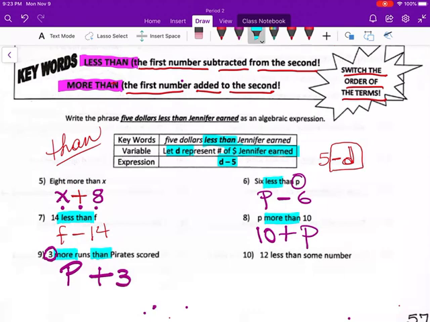Okay, and the last one right here. 12 less than some number. So again, less. We're going to write the keyword, and we write backwards. 12 less than some number. We call it n, x, whatever variable you want to use. There you go. So it's very important you understand what is less and more. But if it says less than or more than, you need to write